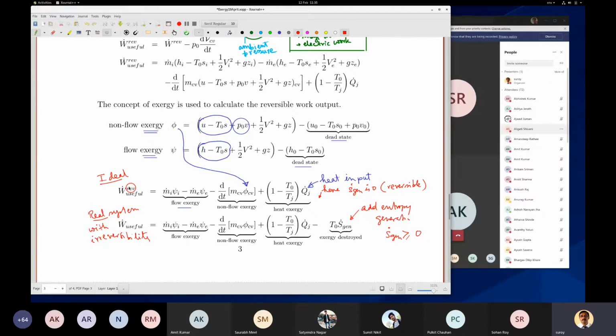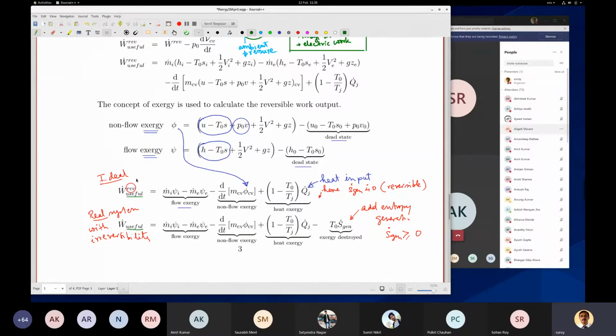Okay. So as we know, this gives you the reversible useful work. So this useful work also has to be taken into account. That is why this gives you the useful work. And I have also talked about the second law efficiency. Based on the ideal work, the useful work that we can get, and the actual work that we are getting, that comparison gives us the second law efficiency.